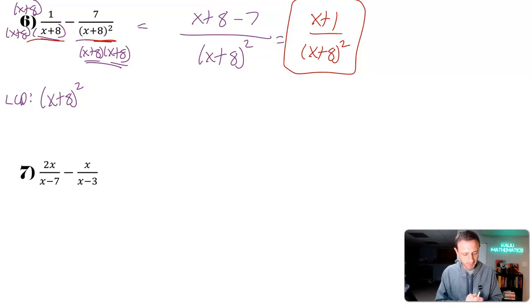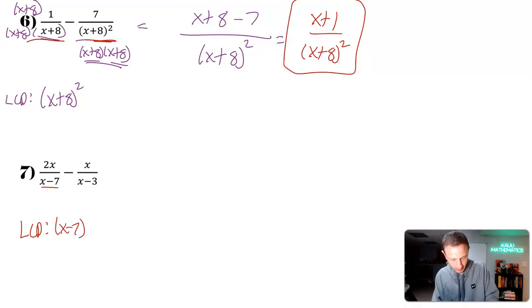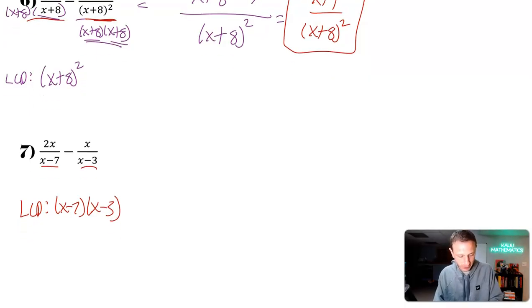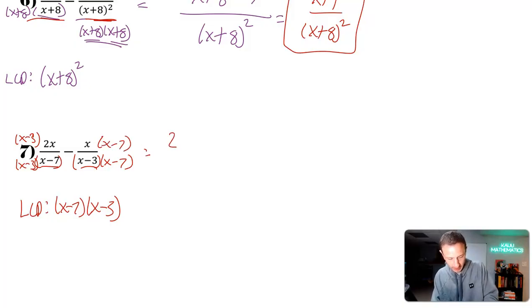Number 7. The LCD is, we have a factor of x minus 7. We have a factor of x minus 3. So what does the first fraction need? The first fraction needs this factor of x minus 3. Second fraction needs a factor of x minus 7. So we're going to have 2x times x minus 3